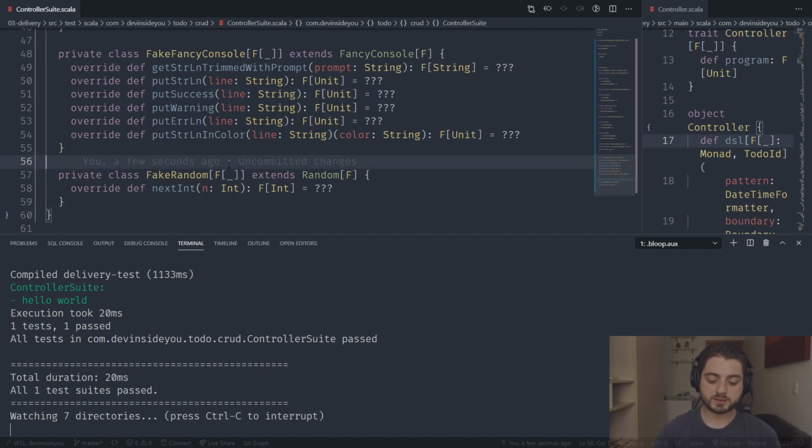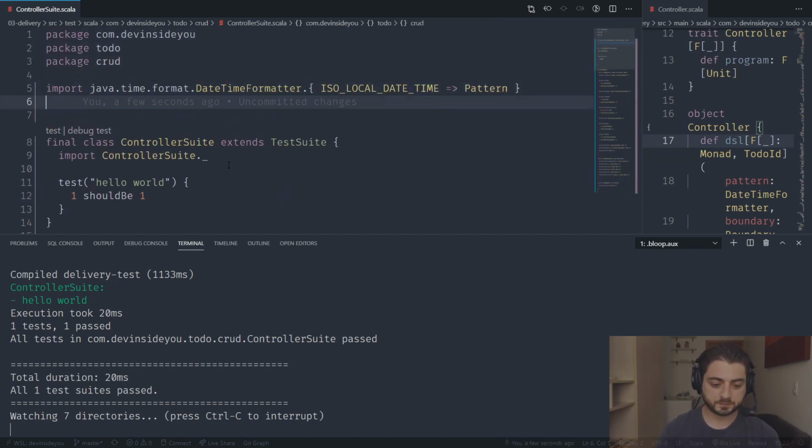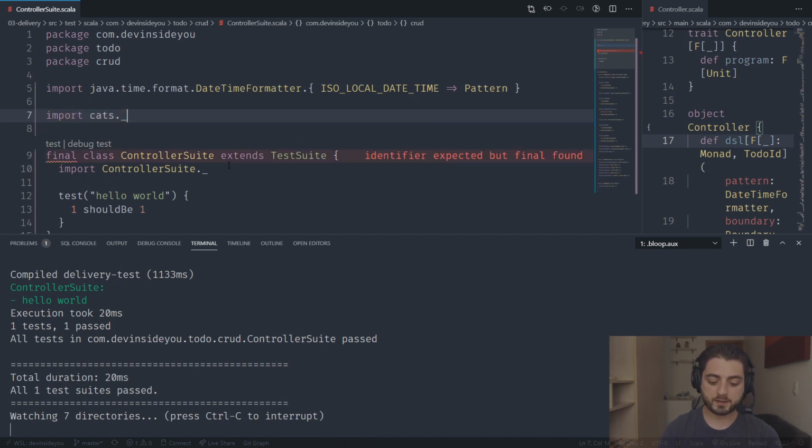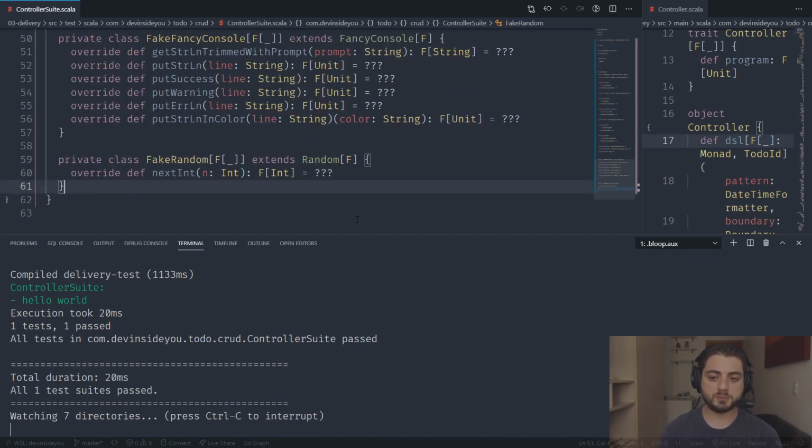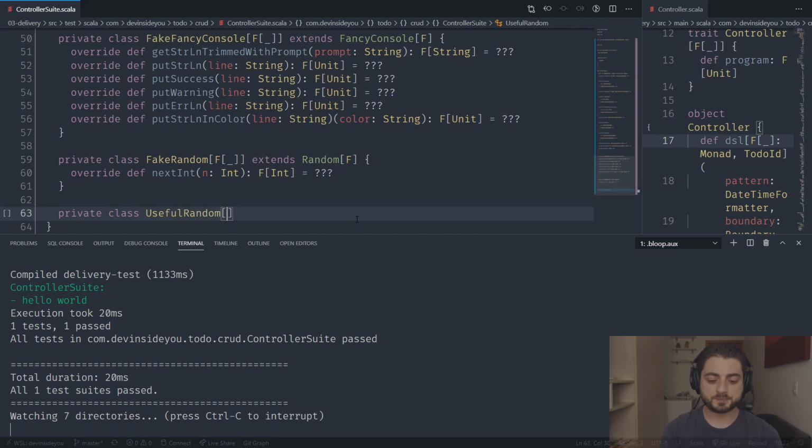So the first one is going to be, let's import cans. Import cans. This is going to be the useful random one, and again, in a real application, I probably would not fake the random one. I would just use the real one. But over here, I just want to show you how easy it is. So we're going to have F, and it's going to be an implicative, and we're going to give it some fake n. And I'm going to say extends